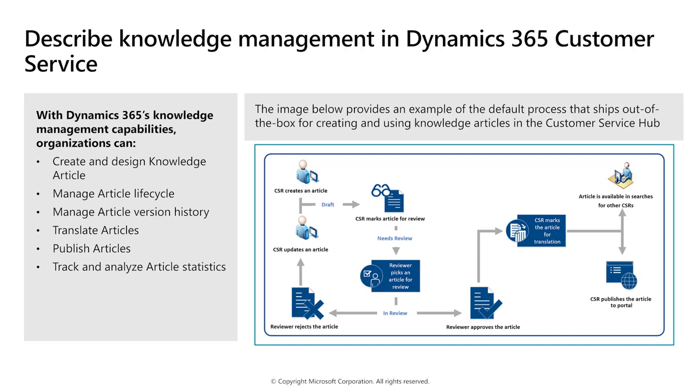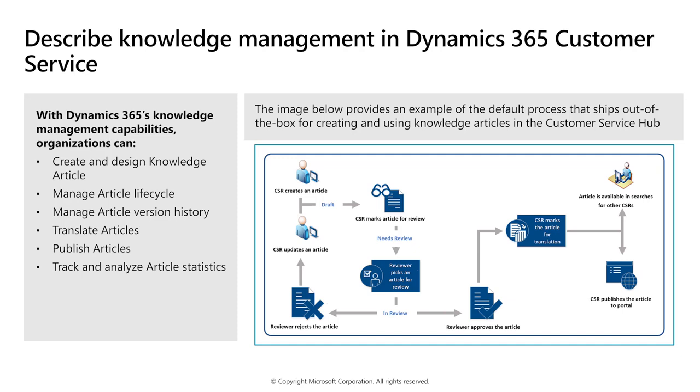So we start off with an article that's been created. A customer service representative goes and creates an article. They put some information in for a case they're working on, for instance, which they found a resolution for, and they go and create an article. This then goes into draft state. It's marked as review. Once it's marked as review, somebody who's got the reviewer role can pick it up, and they will evaluate the content that's in the article, and then they can either approve or